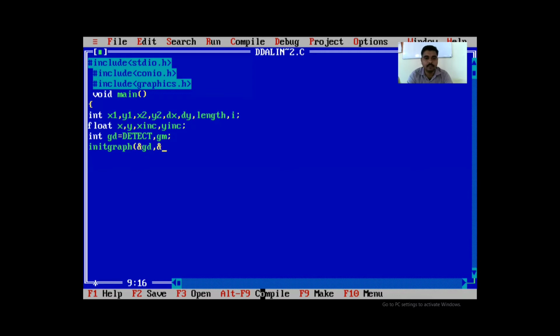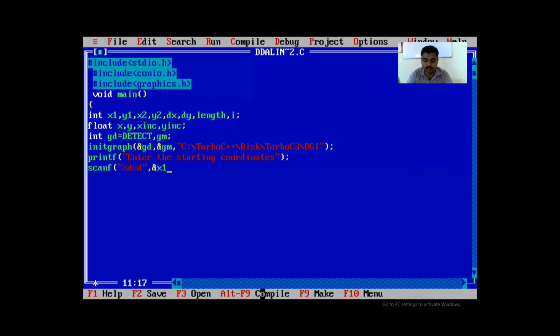In the initgraph function, we have to provide the path for the BGI folder. Here I am providing the path of the BGI folder. Then I am providing a message, that is, enter the starting coordinate of line segment.